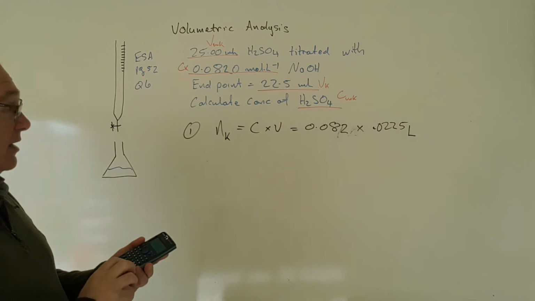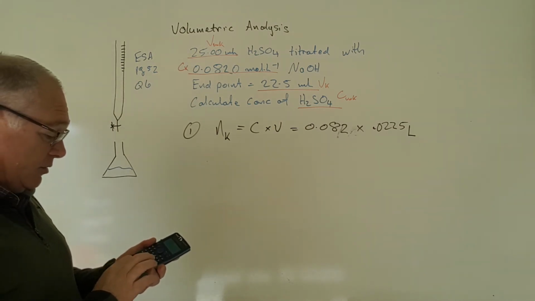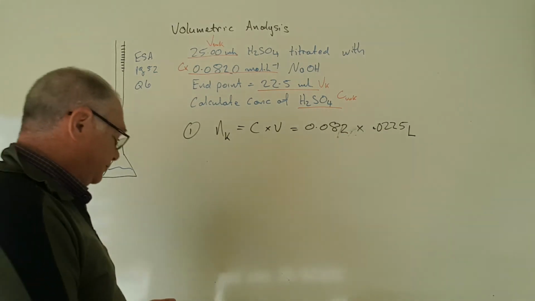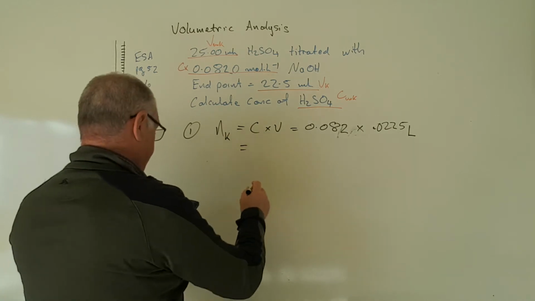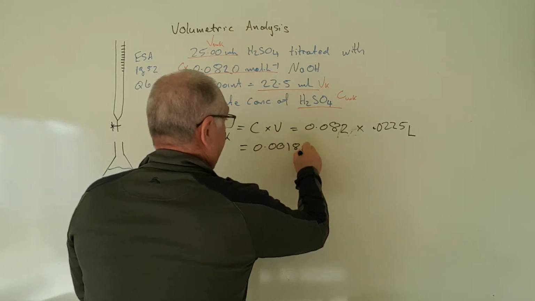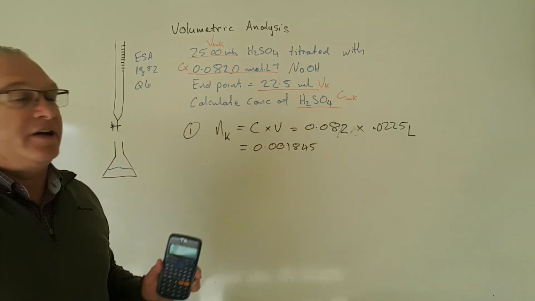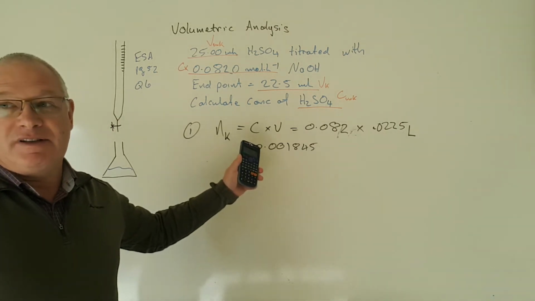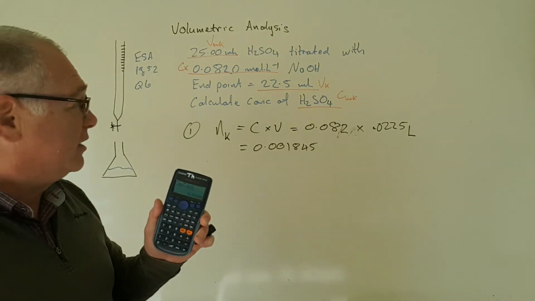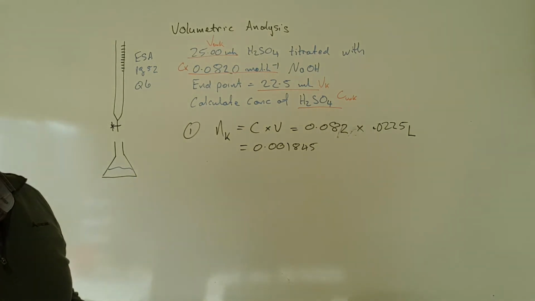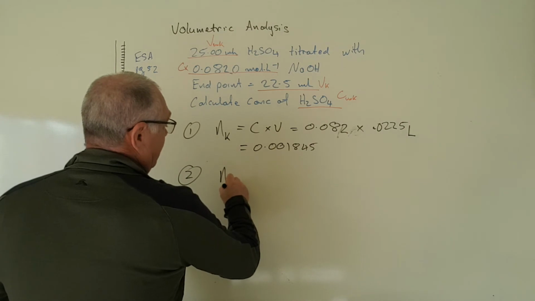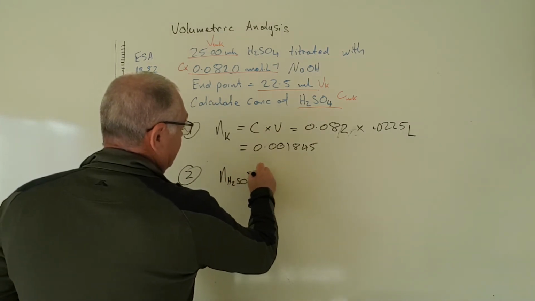So I put that into my calculator, 0.082 times 0.0225, and that gives me 0.001845. Now I'm not going to change that into three significant figures. I'm simply going to leave the full numbers on my calculator screen so that I can continue calculating with that number. Step 2 is the number of moles of the sulfuric acid, and I need to work that out from